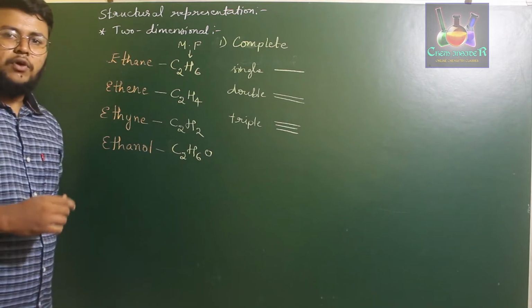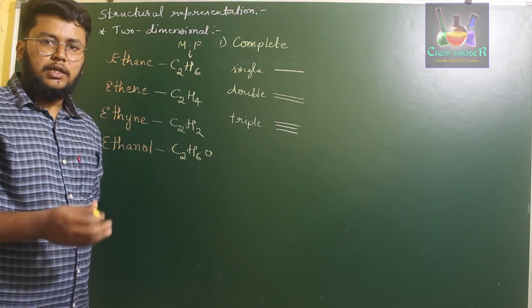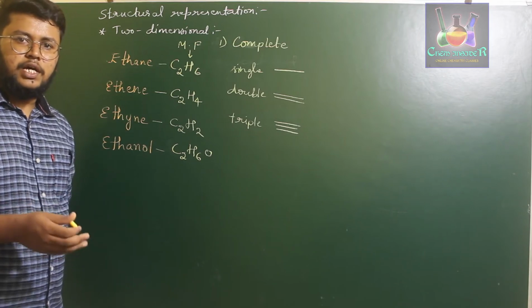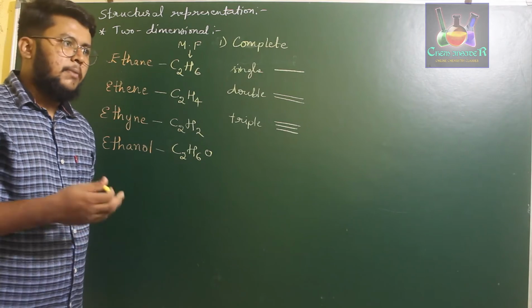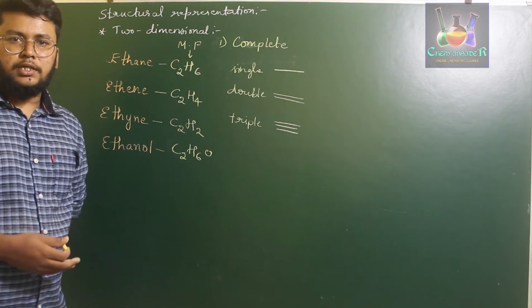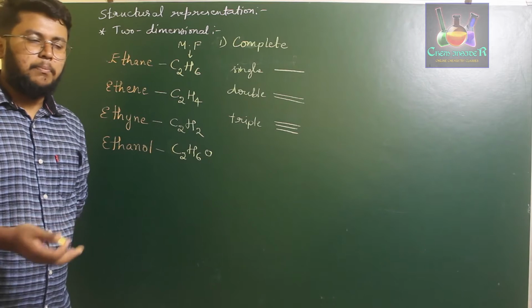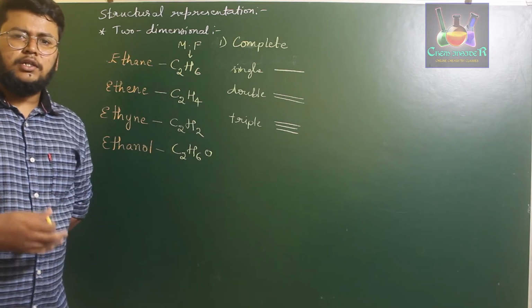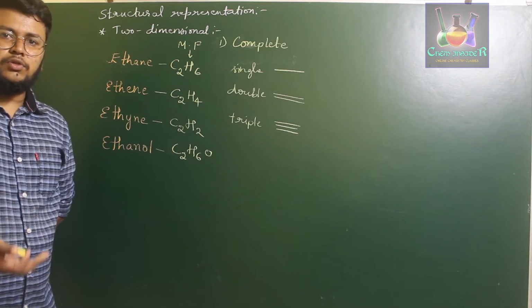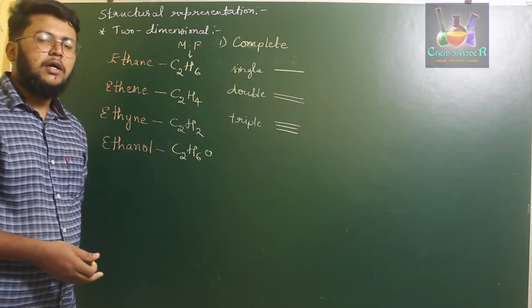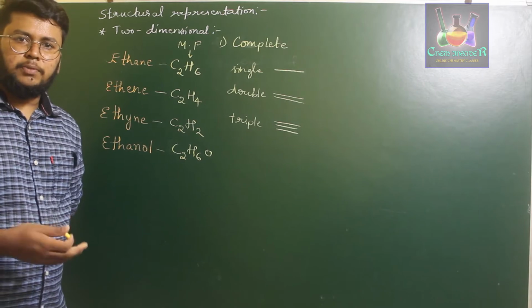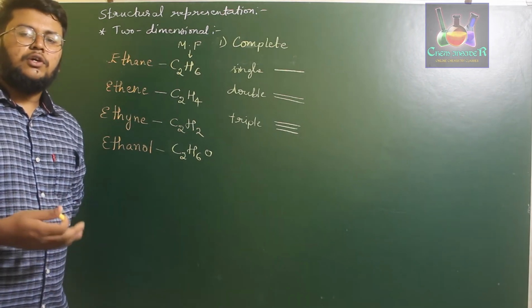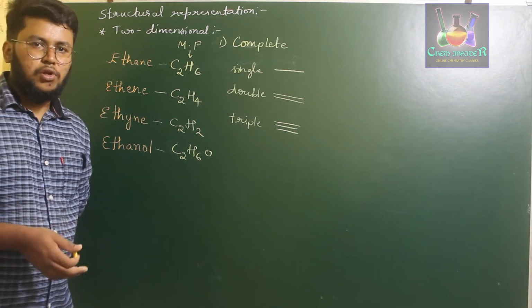And if you observe any other element other than carbon and hydrogen which has a lone pair of electrons, then those lone pair of electrons may or may not be represented in the structural formula. There is no certain requirement of representing those lone pair of electrons in the structural formula. But in some cases, when you are explaining the structural formula in order to explain the reaction which is happening over there, you might have to use the lone pair of electrons also.